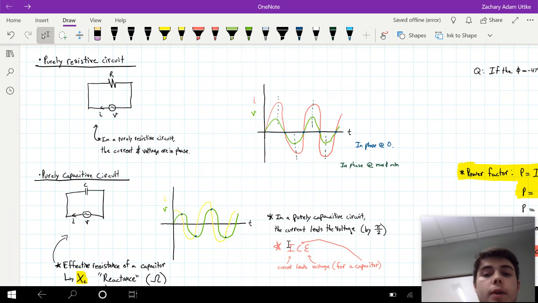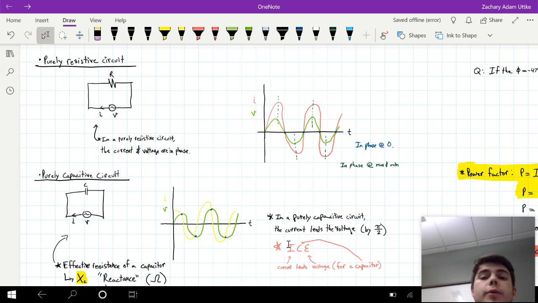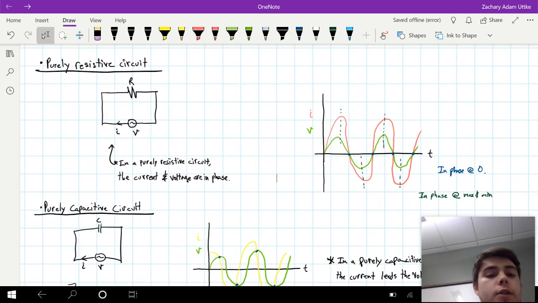Everyone, we're going to be making a video that is pretty conceptual, but towards the end we're going to actually work out a big problem that's going to be really important. This stuff is about alternating currents and impedance. So, if we initially look at a purely resistive circuit, so just a circuit with a resistor,